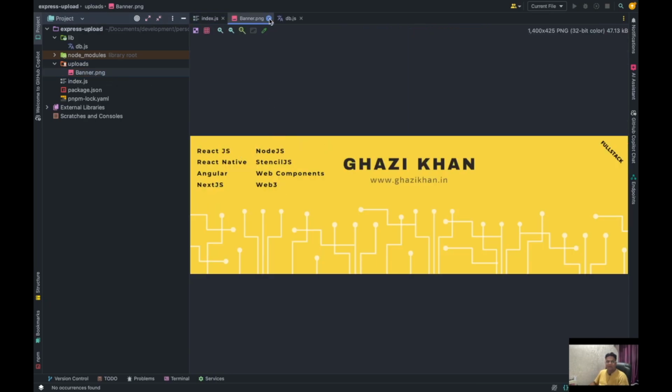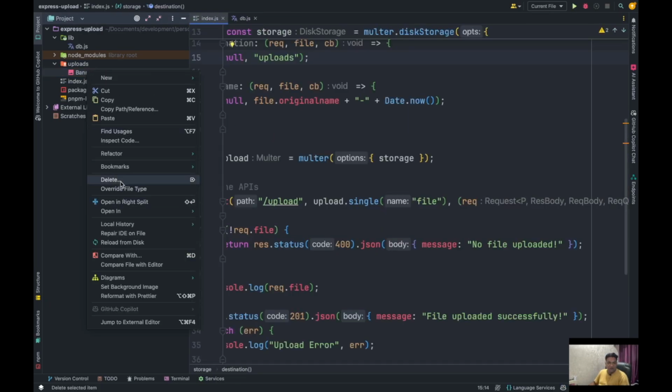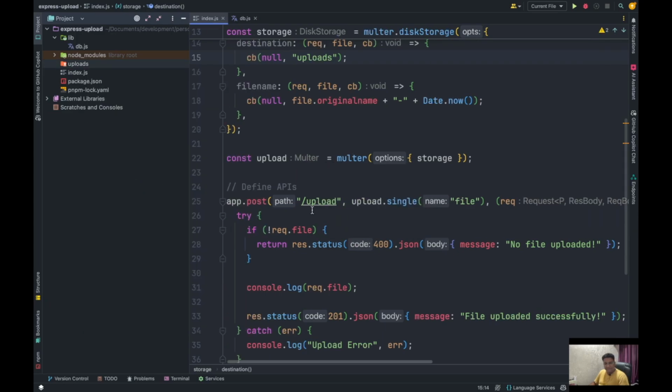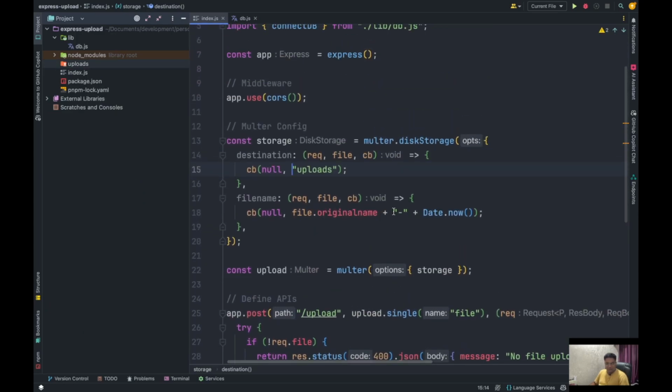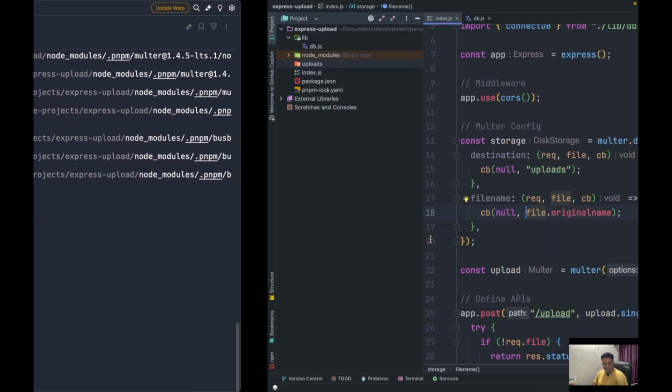Let's delete this and fix that file name thing. Let's just remove it from here and keep the original file name. Nothing to worry about. Now we have our file name, and if I upload it again,